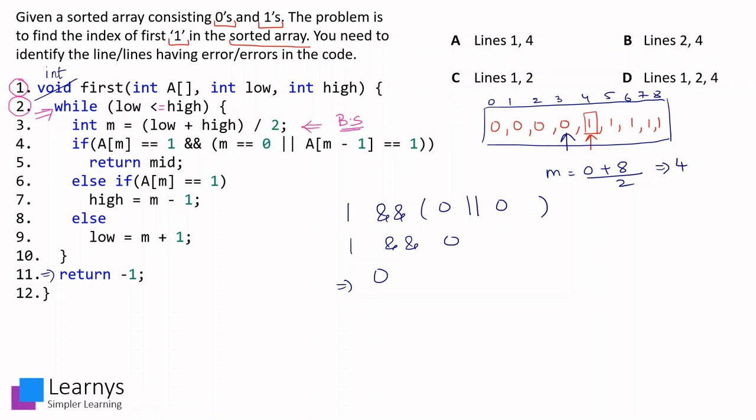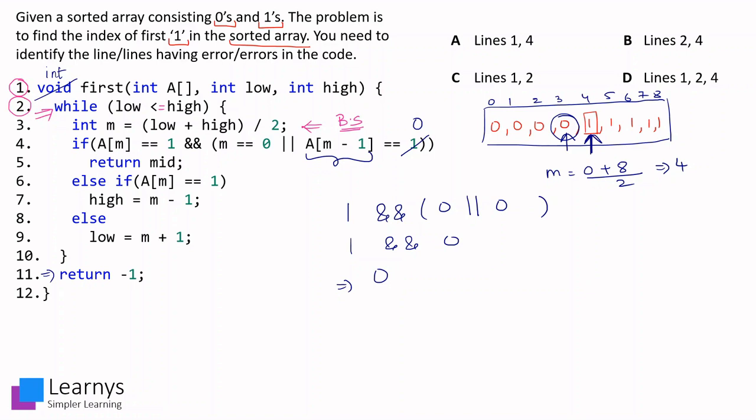But this is a problem. Now why did this happen? So if we are at the first index, or we can say we are at that index which is our middle also and which is having the first one, then the index value just before it, that is a of m minus 1, should be having a 0 and not 1. So here there is another logical error which says a of m minus 1 should be equals to 0, or obviously m value should be 0. It should either be at the first index, or if it is in the middle somewhere, then the element just before it should have 0.